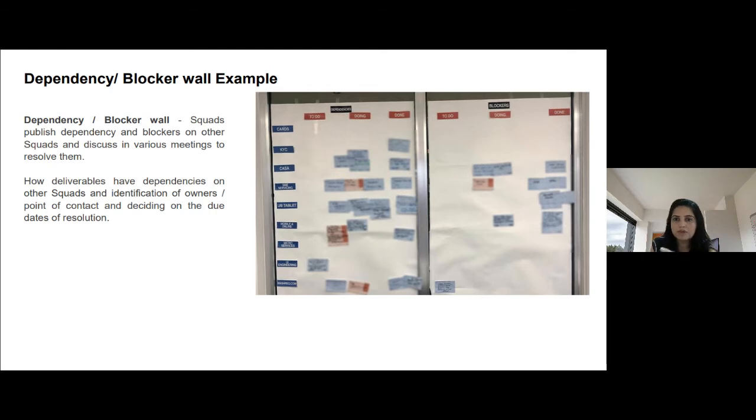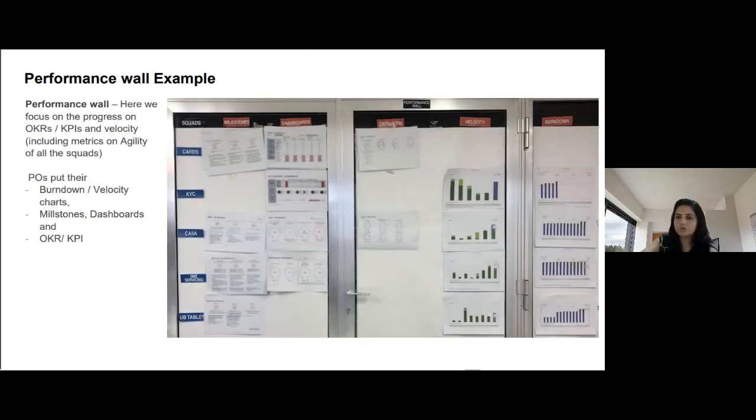So here I am using the blue sticky notes just to bifurcate the dependencies and blockers from the usual epics. People have put in some of the epics also here to show that this epic is now blocked due to whatever reason. Okay. So I'm not going into detailed definitions. Basically, you all know that the dependency and blocker wall contains the blockers and dependencies on different squads or different teams, or on the management also. You can put even that also.